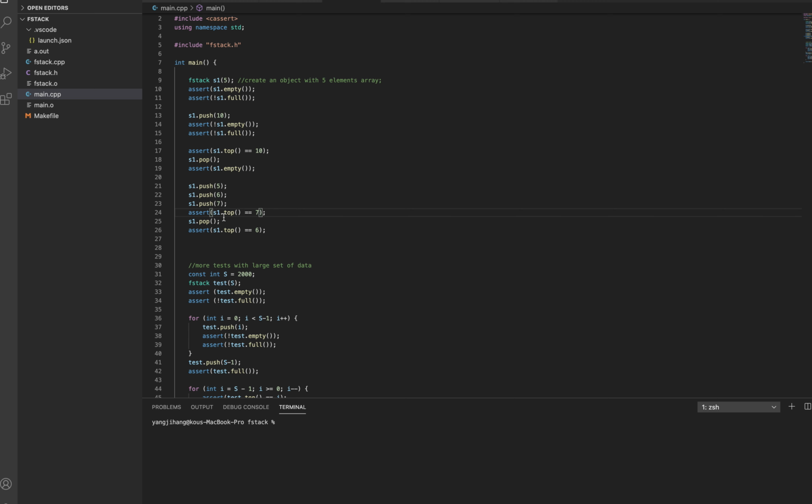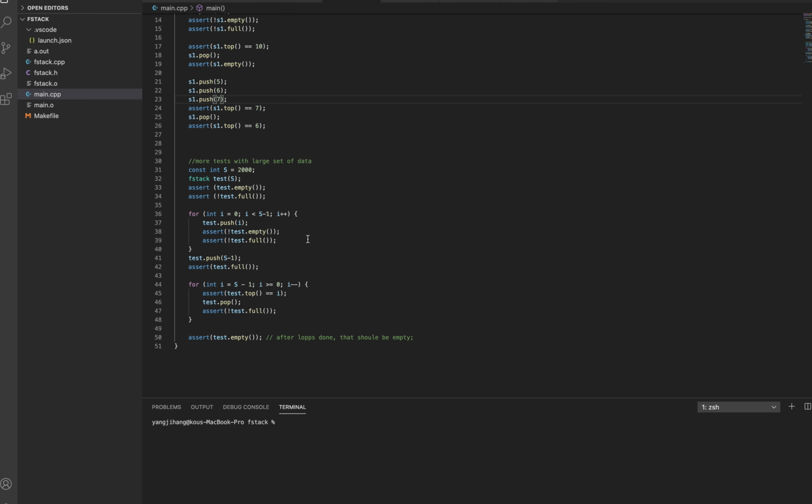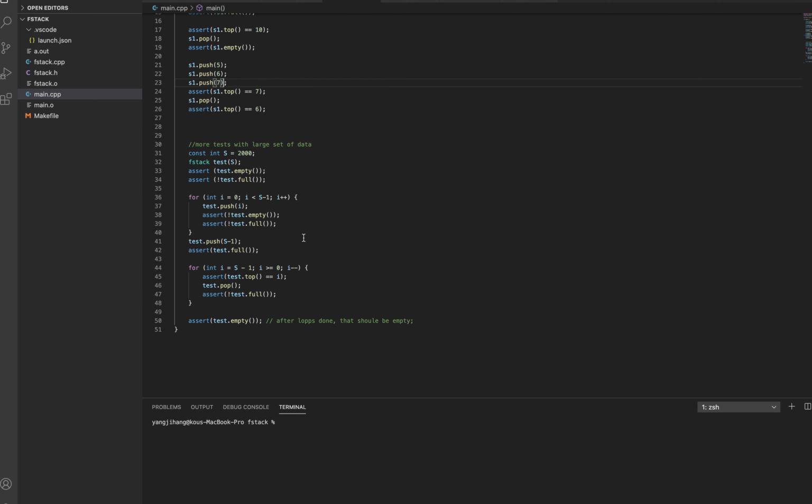So the top is going to be the second one, the 6. It's last in, first out, so it's the last one. 7 is going to be the top, and whenever we pop the 7 and go to the next one, the top is going to be the 6. That's how a stack works. And I just put in another test, like larger data, and the